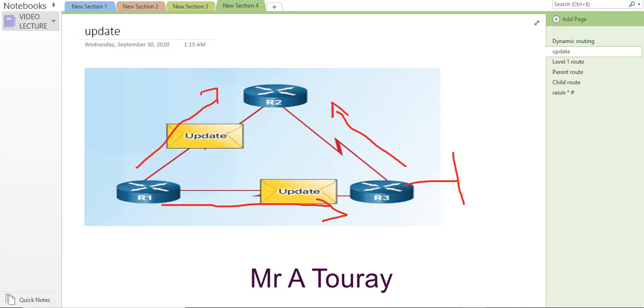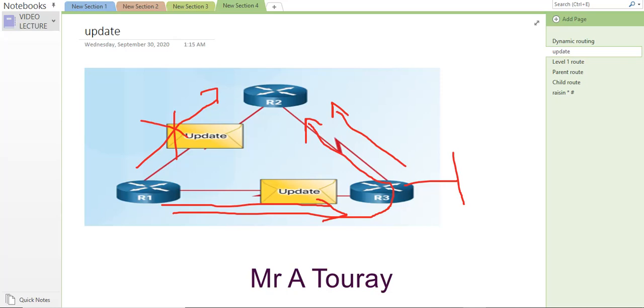Now, how about if this link is good for router 1 to communicate to router 3, but if router 1 has to communicate through router 2, it finds out that the link through here to go to router 3 and to router 2 is better than going directly here. Like for instance, I don't want to go here because it's too bad, but I can take this line all the way here to router 2.